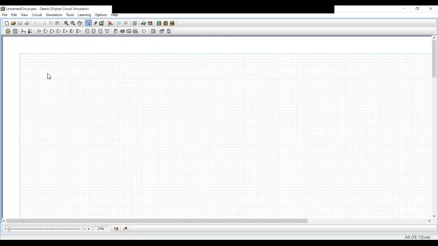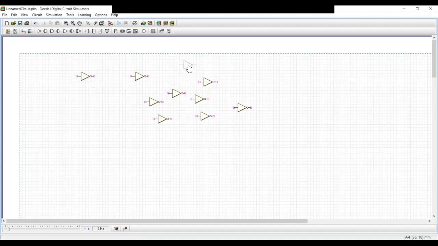For example, if you want to do some experiment, let's start with the very basics so that you will have an idea of how we can use the simulator. If you want to verify the truth table of an AND gate, you just need to single click on this one. It will look like this. You can click multiple times to get multiple logic gates. If you right click once, it will rotate the gate. And again, if you left click, it will place the gate.